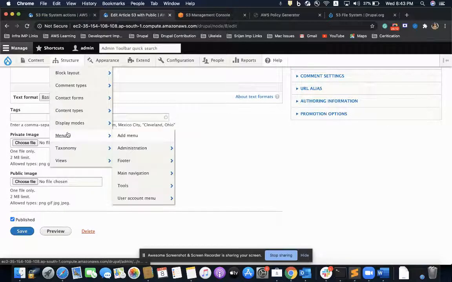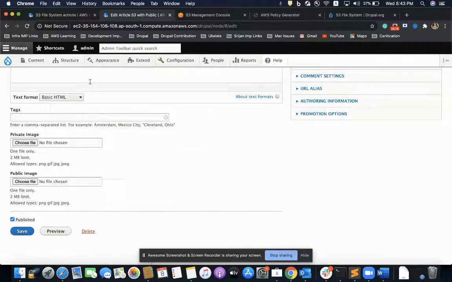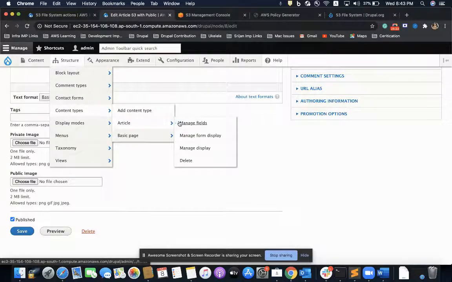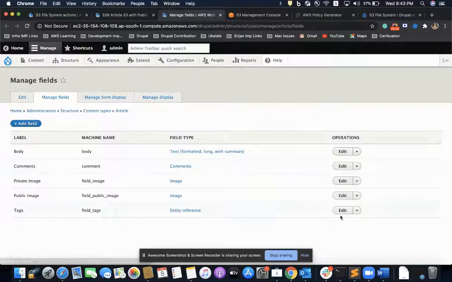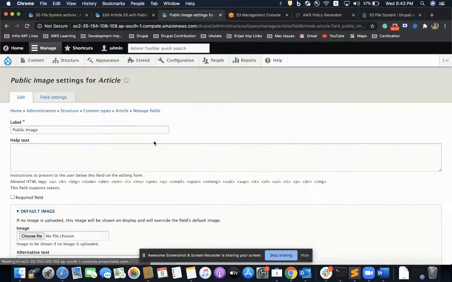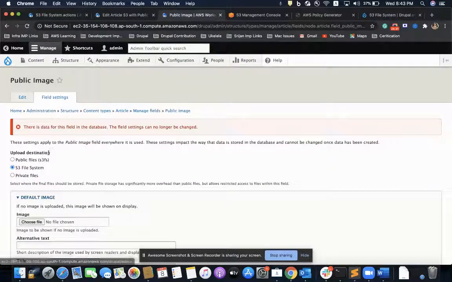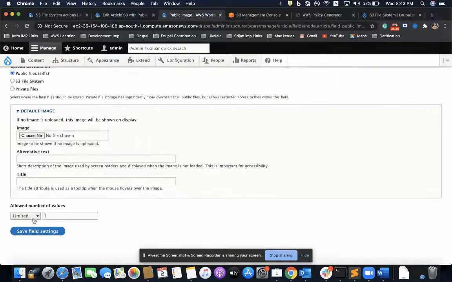I have to tell Drupal to use the public folder of the S3FS. So I'll go to my image field setting, this public image, and I'll set it as use public S3FS.